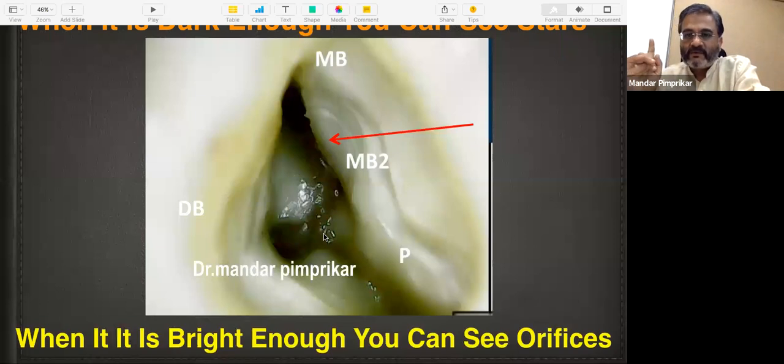So don't be in a hurry to insert your file as soon as you open the access cavity, because access is destiny in endodontics. You have to spend more time on access and clean the access cavity first and then